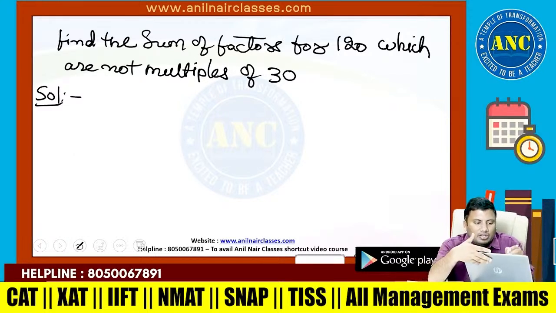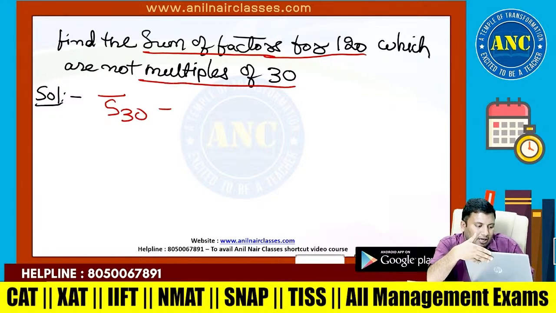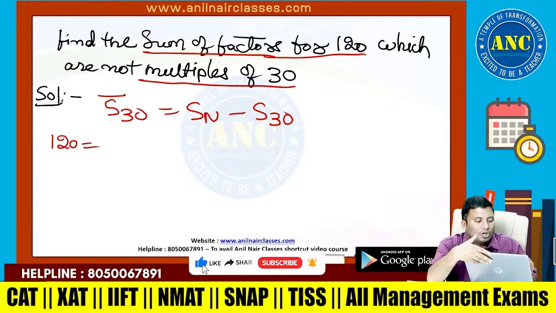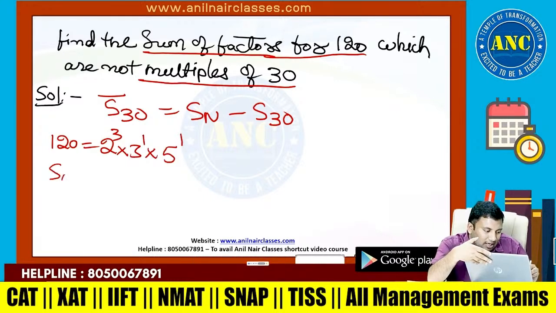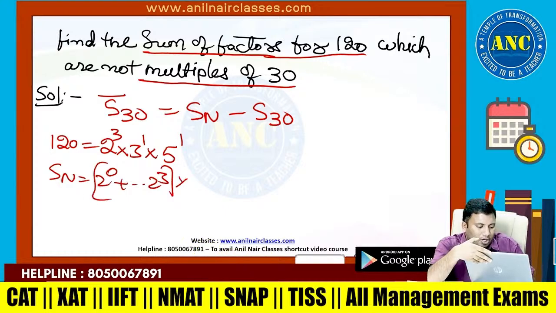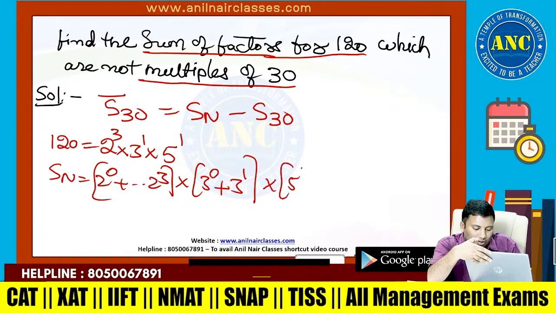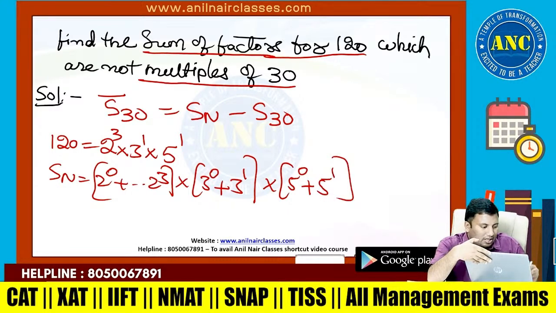Find the sum of the factors for 120 which are not multiples of 30. S30 bar is nothing but Sn minus S30. 120 is 2 cube into 3 power 1 into 5 power 1. Sn is (2 power 0 till 2 power 3) into (3 power 0 plus 3 power 1) into (5 power 0 plus 5 power 1). S30 is